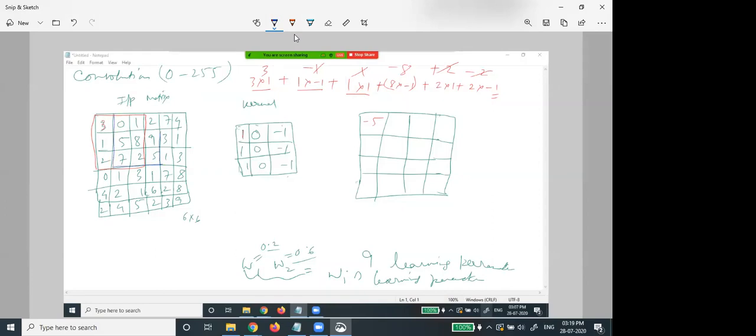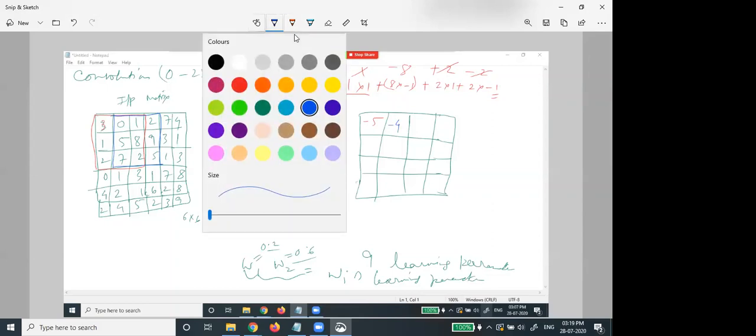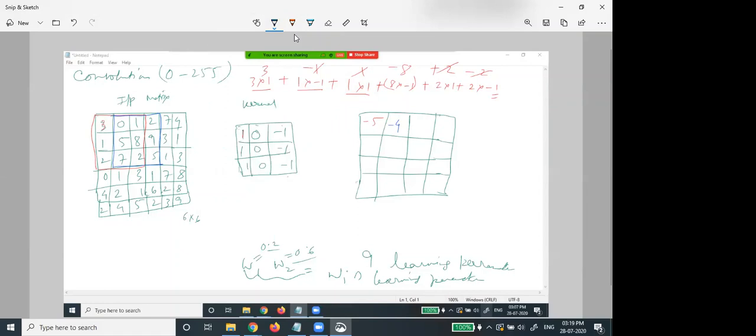For the second one, I am sliding one position. Now if we multiply these things, I have already calculated to save some time, it will be minus 4. Again this 3 cross 3 multiplied with the kernel will become 0. At last, this 3 cross 3 into this 3 cross 3, just multiply and add, it will be 8.